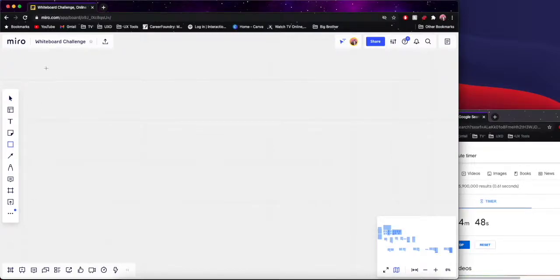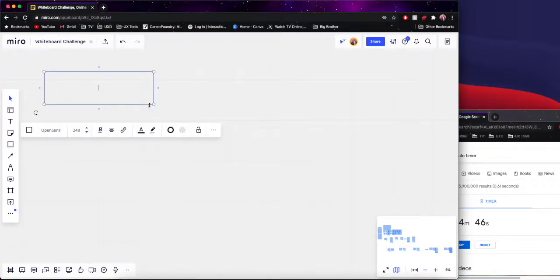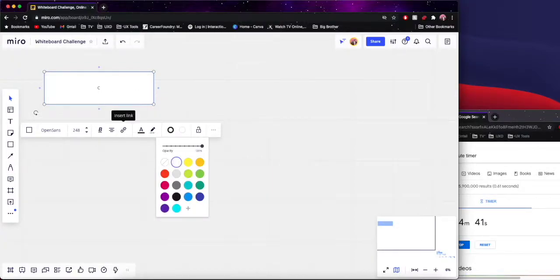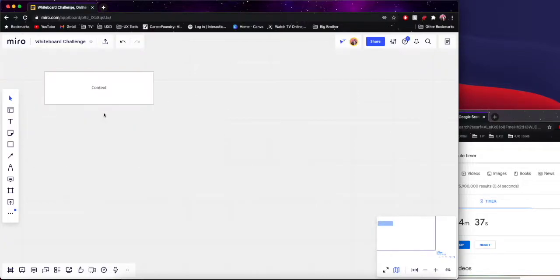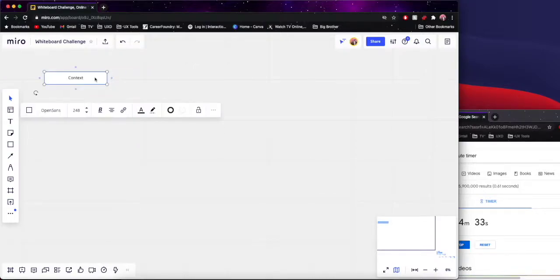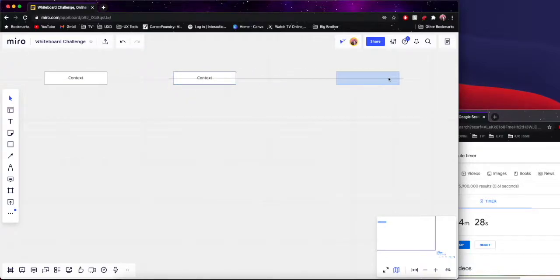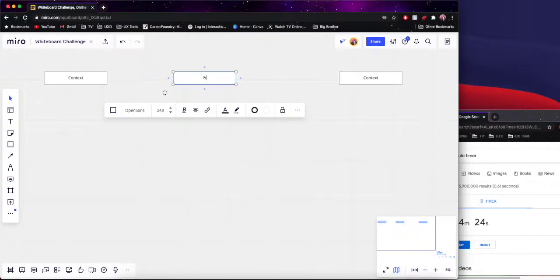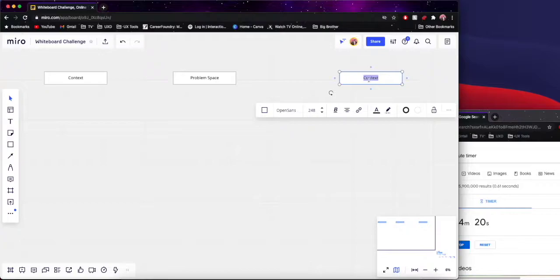First, I want to look at our context. And we're going to fill this up. Okay. Context. I think maybe my board's pretty big here. And I'm going to break this into a couple of other sections. This is a new method I saw that I'm going to employ today. So problem space and solution space. So we're going to be working in 3